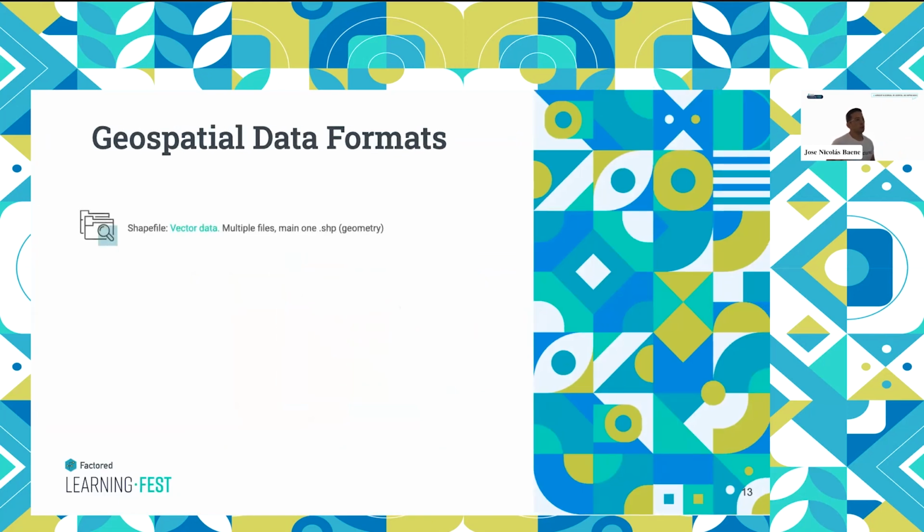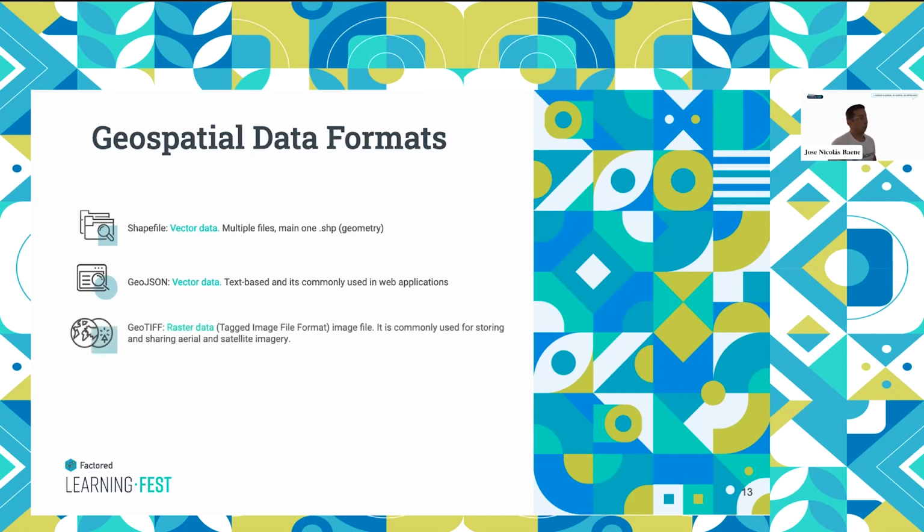On geospatial data formats, they can come in multiple formats. One of the most common ones is a shapefile, which is used for vector data. This was developed by Esri, and a lot of people in the open source community don't really like this one, but it's the most commonly used. It's actually a bunch of files: one holds the geometry, another holds the data, another holds the projection and additional metadata. You also have GeoJSON, which is more recent, a text-based vector data format used a lot for web applications. This is very good, but the files tend to be a little bit bigger because it's all text.